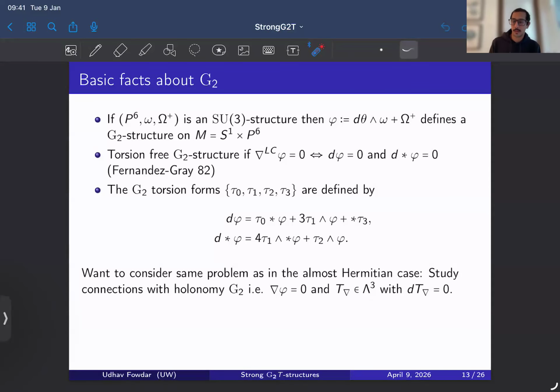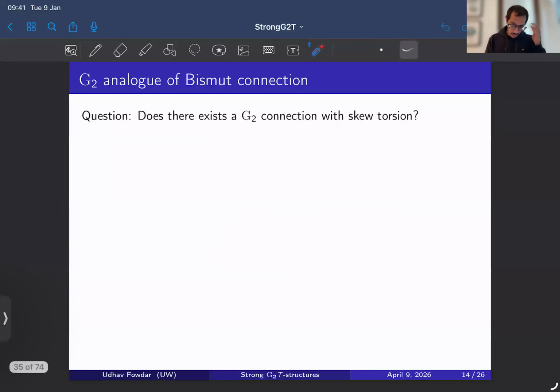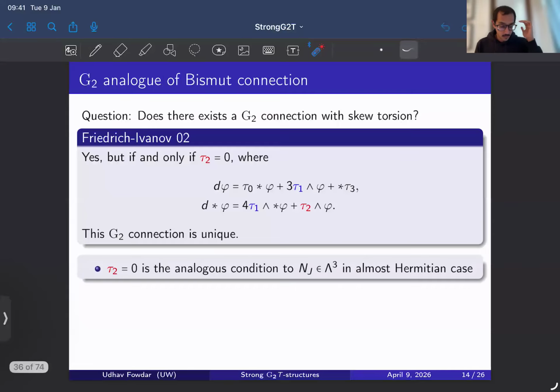Okay, that's the problem we would like to consider. So first thing first, we should ask: is there an example, when does there exist a G2 connection with skew-symmetric torsion? The answer was again given by Friedrich and Ivanov in the same paper as before. They prove that yes, for there to exist a G2 connection with skew torsion, you need that some obstruction term